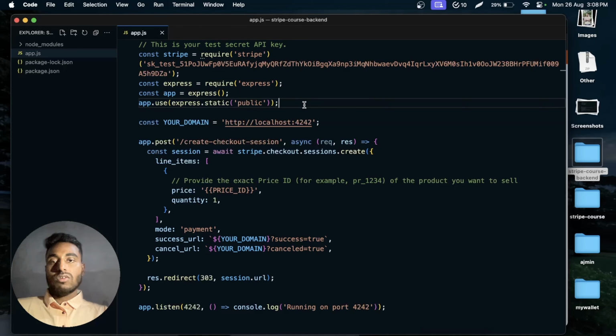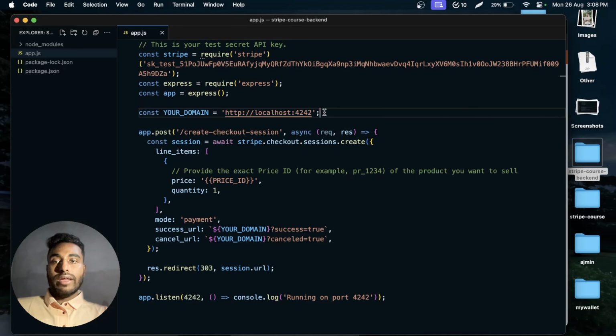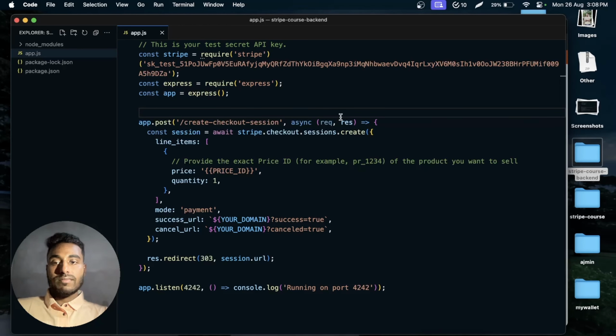And this one, no, we do not need this, so delete this one. And also your domain, no, we don't need this one. Success URL. As of now, what we can do is we can say